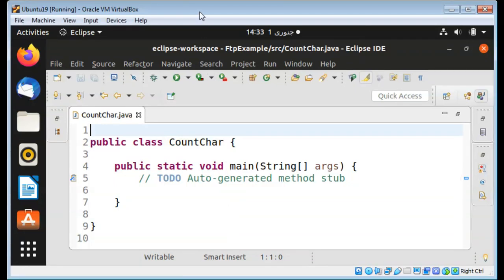In this video, we will learn how to count occurrences of a certain character in a string. For example, if you want to find how many times the character A appeared in this string,